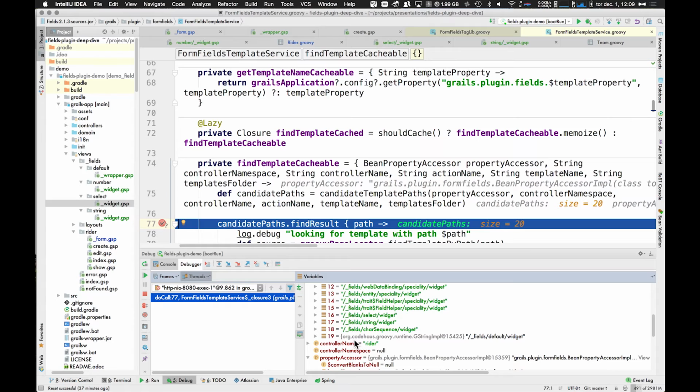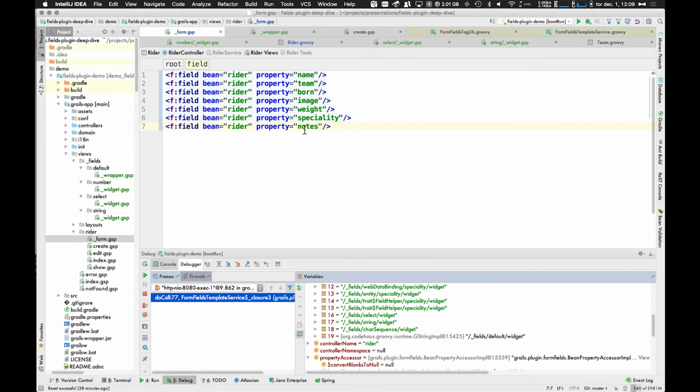Field here. Then it gets a template. If it finds a template, it will render the template. If it doesn't find a template, it will render the default field. And so the default field says